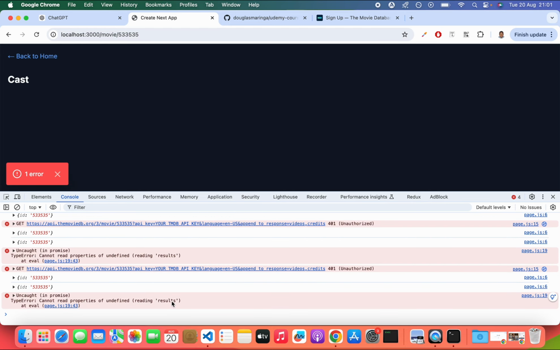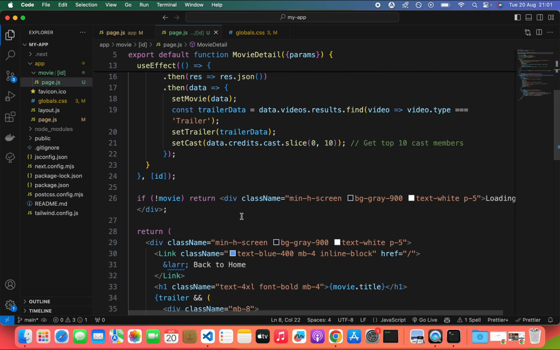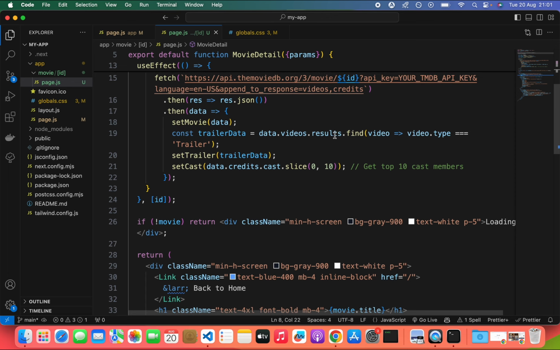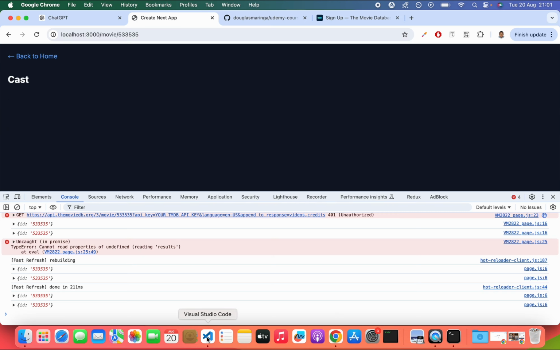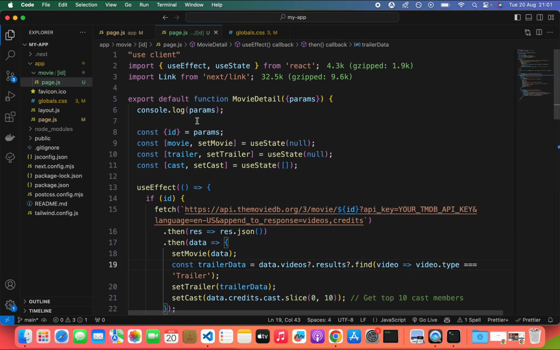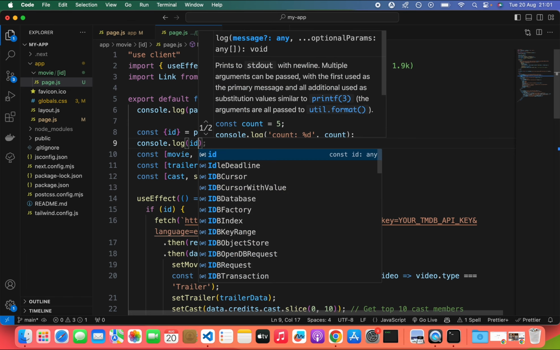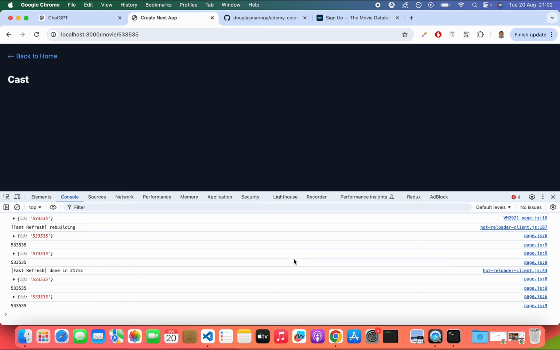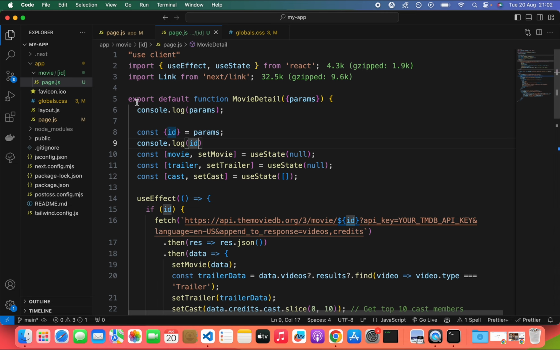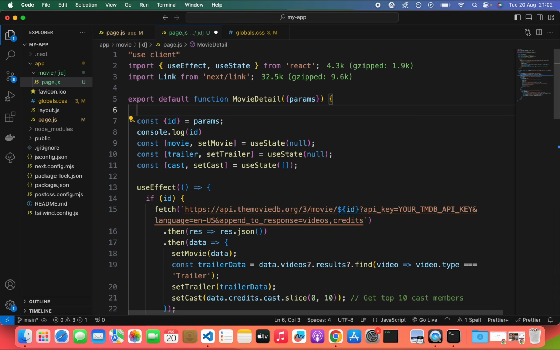Okay, so do this and this, right? Let's do this. So log ID. Perfect. So that's working. We're able to get the ID,